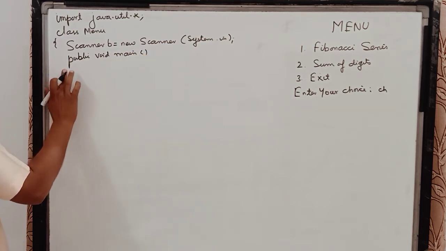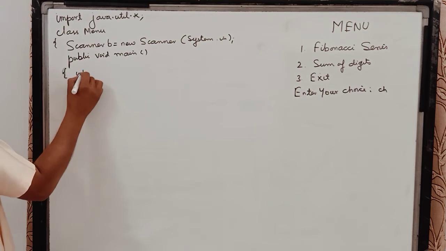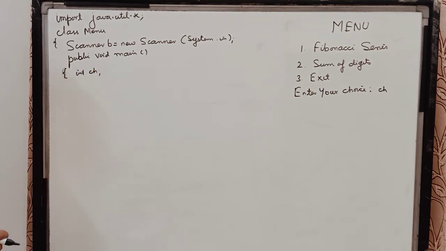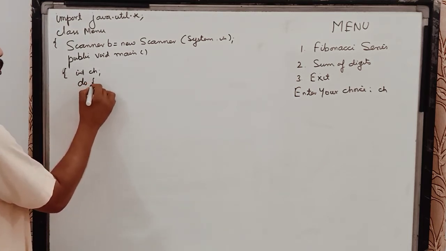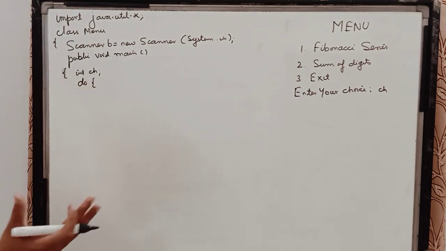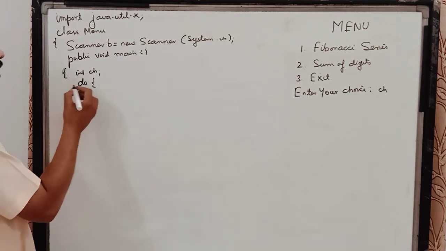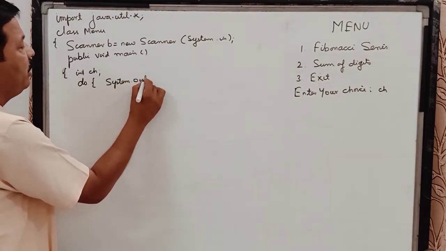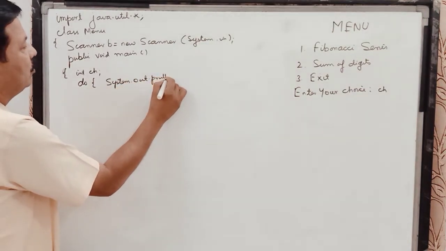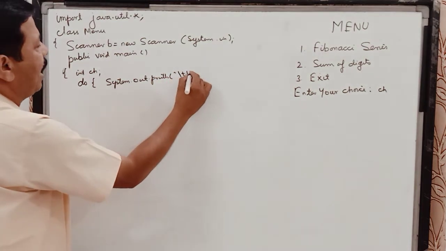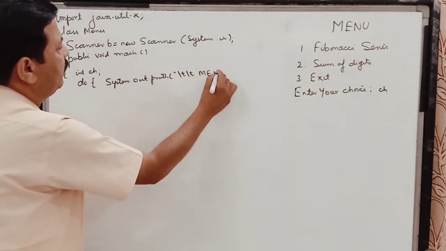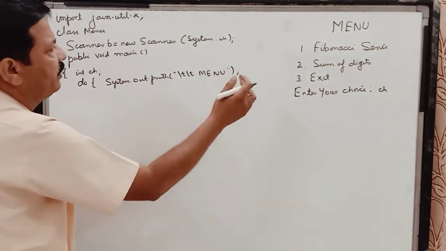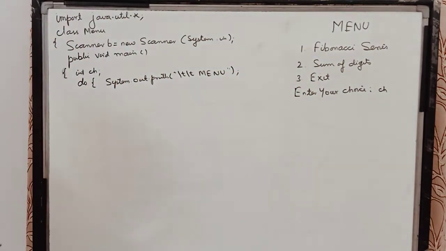Now children, the variable which I have taken for choice is ch. So I am declaring this variable. Then I am starting this program with a do while loop, and we'll see without do while also, and we'll see why we have written this do while. Now in this part I am just displaying this menu. So System.out.println, tab I am writing, and menu. And children, this tab is going to just leave a few spaces from the beginning. So it is going to leave two tabs. We can add one tab, two tab.